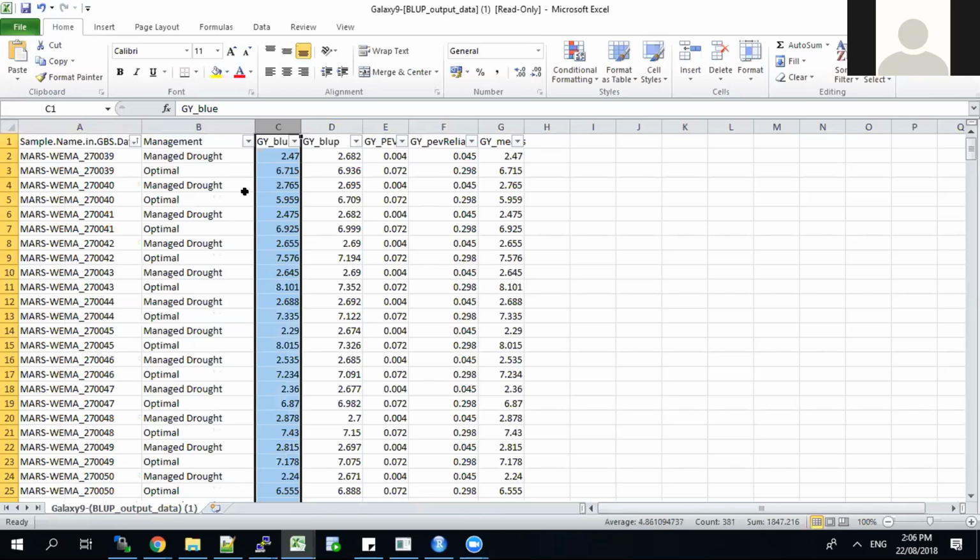So if you think the BLUP is like GCA in some way, the GOBii will be a better GCA, general combining ability, because you're looking at how your lines perform across different locations, and also adding the marker